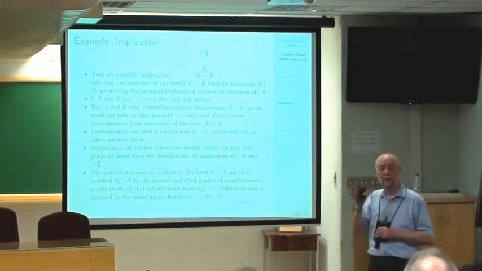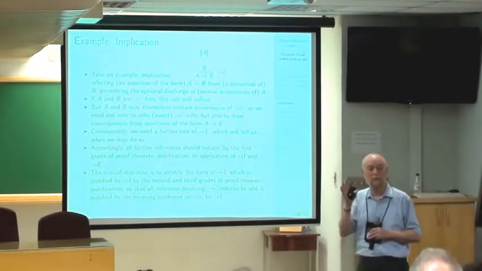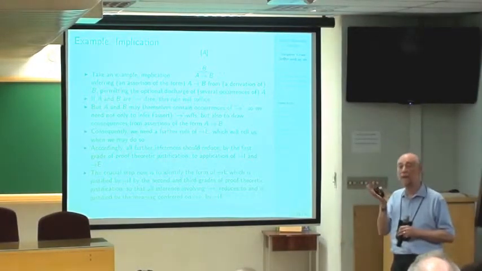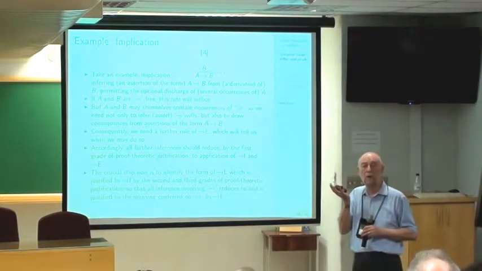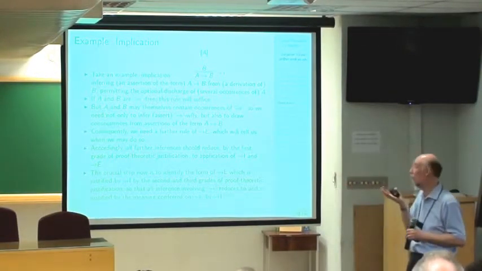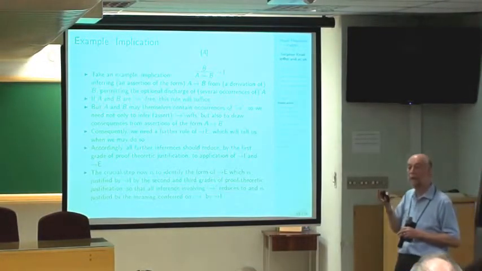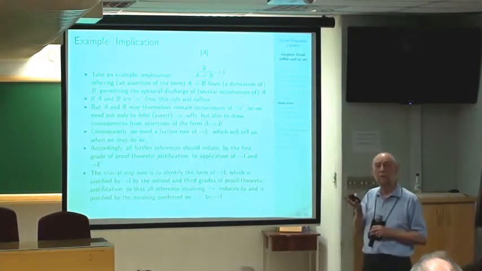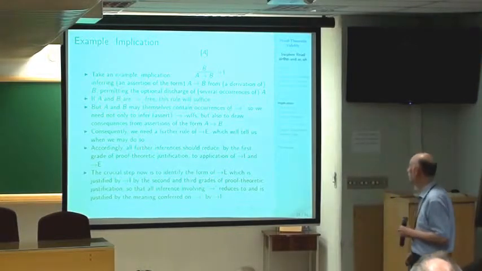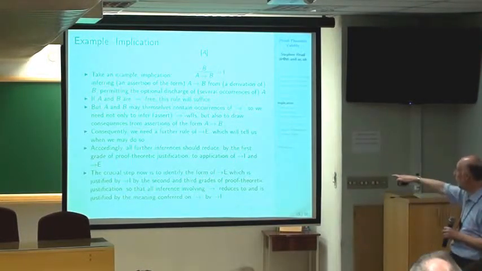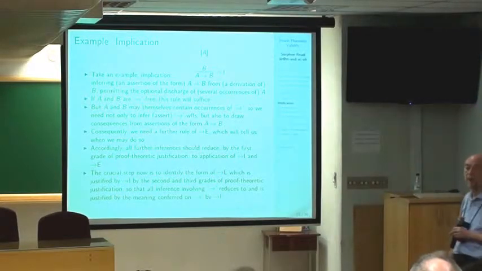But A and B in themselves may have arrows in them. In particular, A may have arrows in it. So you need to somehow be able to draw inferences from arrow formulae as well. That's where the second grade comes in, and you have to think what inferences are admissible. So the crucial step now is to identify the arrow elimination rule that's justified by the second and third grade